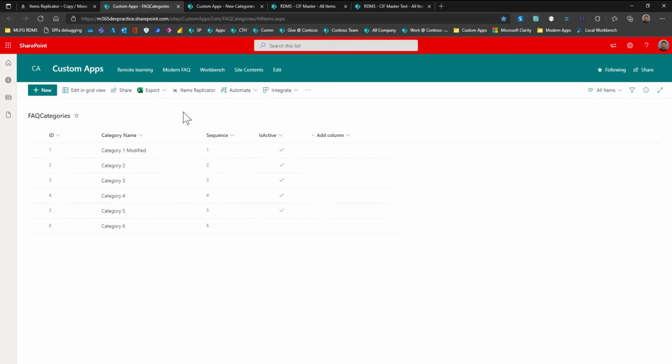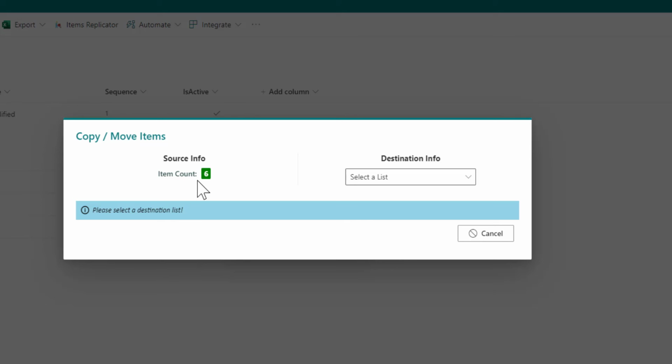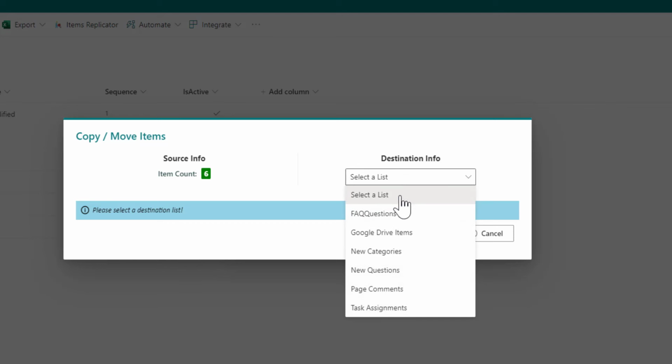So without selecting any item, if you click on this extension, then you will be provided with a dialog where you can see how many number of items in the list, which is the source info. The destination info will allow you to choose which list you need to copy or move this item. So this will list down all the custom list within this site.